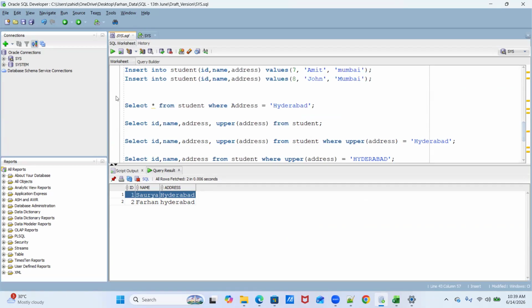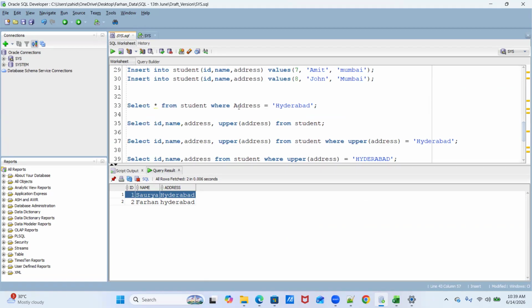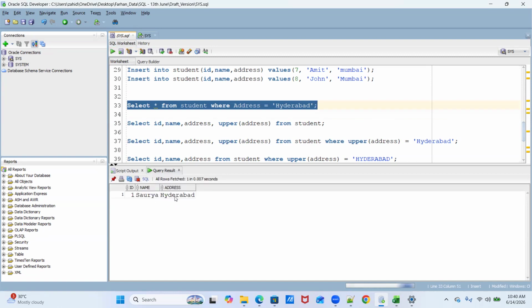In line number 33, we were comparing against the original address column, and then we were getting only one record, the exact matching record. But that was not meeting our requirement, which was to capture all the records for all the students who belong to Hyderabad.